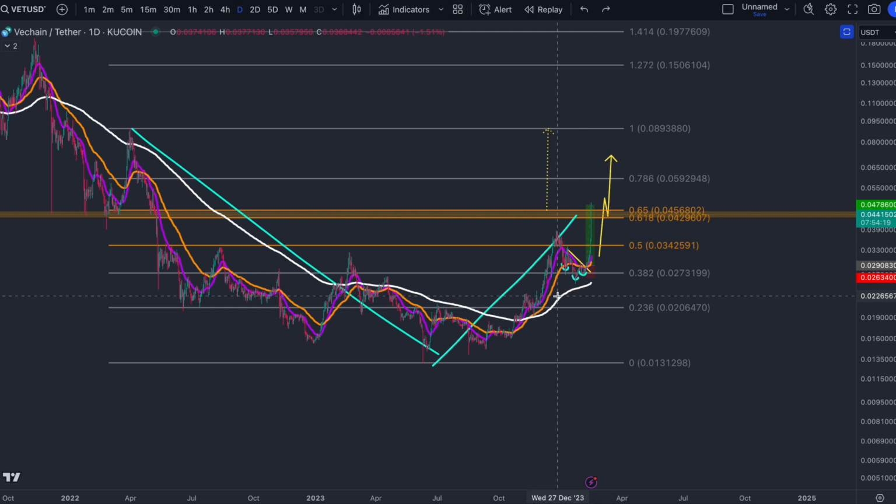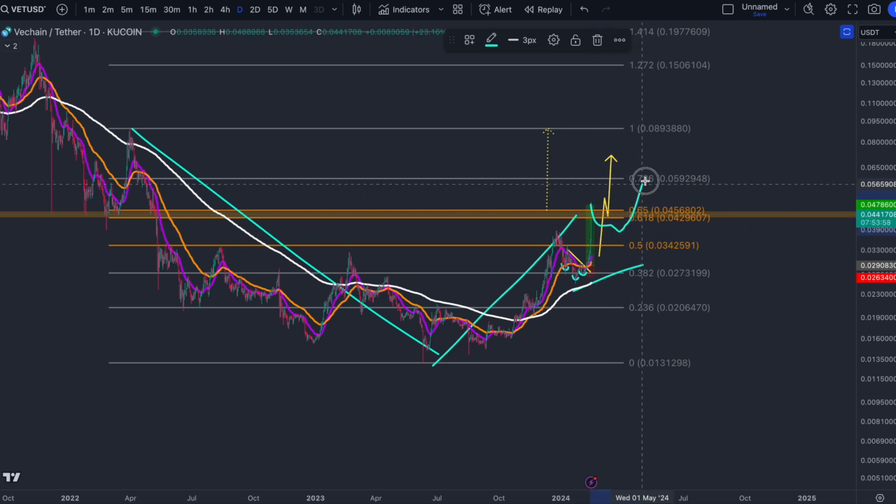So you can see that we have the 200 EMA, and I'm going to continue to say, as long as we're creating higher lows above the 200 EMA, and remember, we've been dumping since December and we held above the 200 EMA, breaking the high. So even if we get a rejection over here, as long as we stay above the 200 EMA, we will eventually break through and meet our 9-cent technical target, because once we bust through the golden pocket, this is called